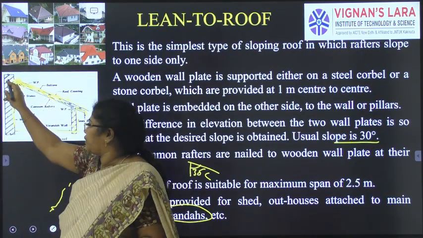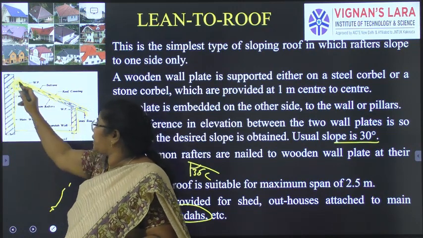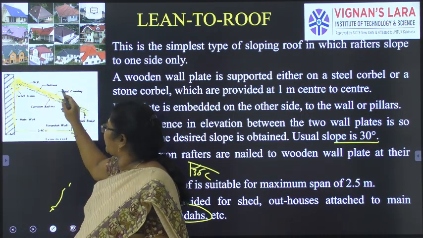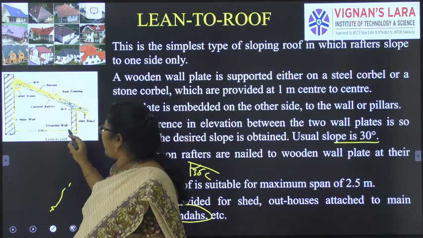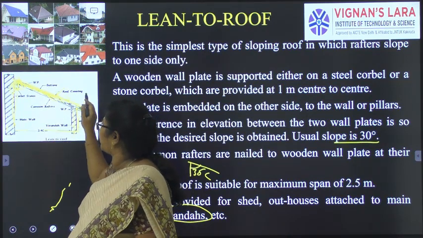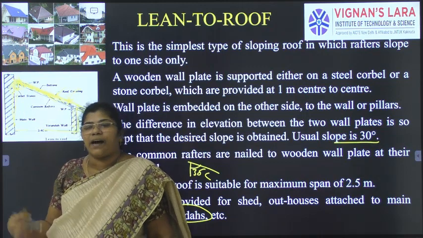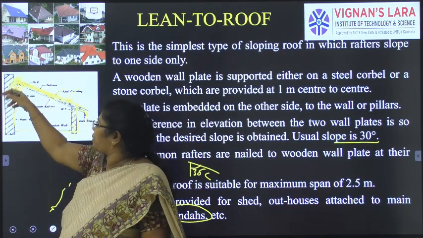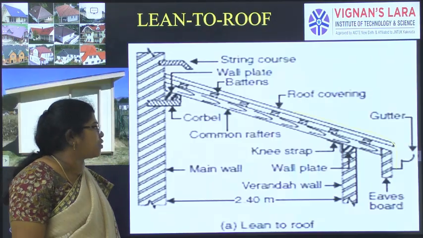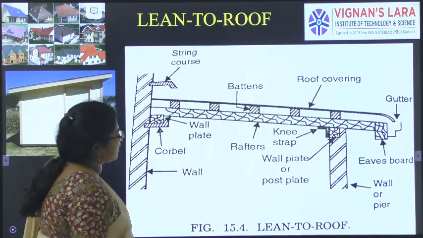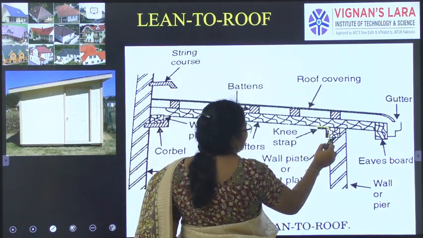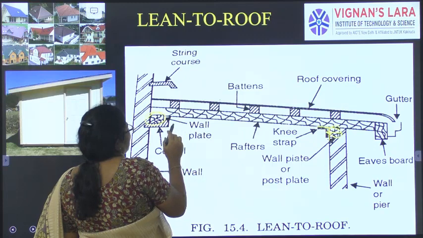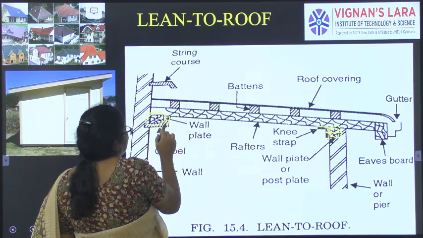This leans on one side against the main wall, which is a supporting wall. It leans without any support in the middle. It spans around 2.5 meters, right? And it will have a roof covering, it has the eaves board, and this is the common rafter which holds the roof covering, maybe of tiles or GI sheets, or fiber sheets, right? It is attached to the main wall with the help of the cobble stones. Okay, you can see here, right? It is a knee joint which gives the exact support so that this will not move. These are the cornerstones, you can see here, these are the cobbles, right? This is the wall plate which attaches this to the wall.